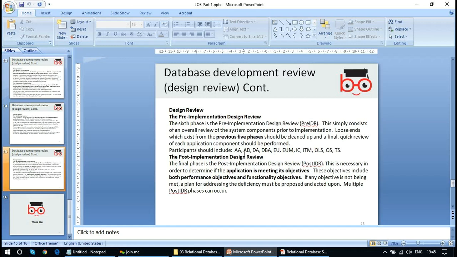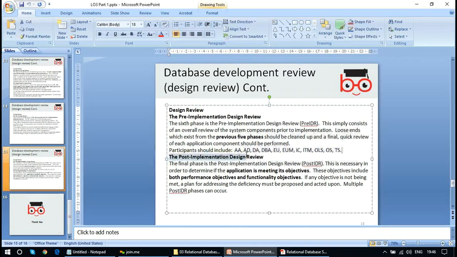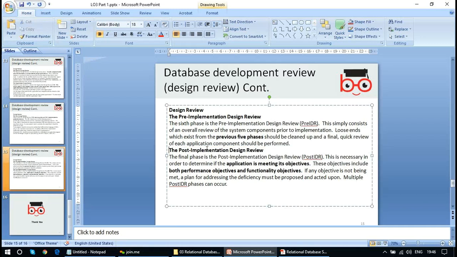The participant should include the previously covered terms. You leave it, you don't need to go into the detail. And the post implementation review is basically the final phase of the review, and this is necessary in order to determine if the application is meeting its objectives. So in a simple nutshell,